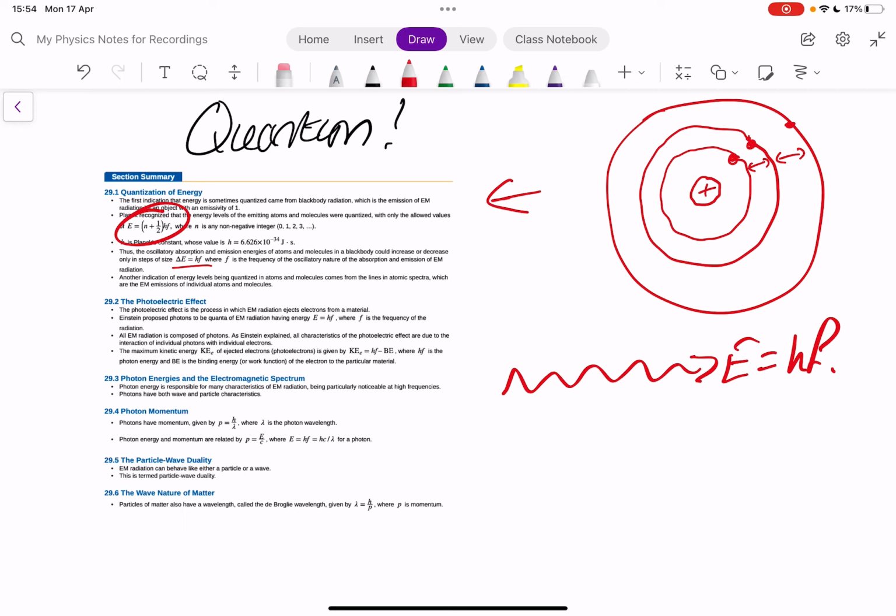But what you've got to realise is, firstly, all of the things on the electromagnetic spectrum come in photons. Everything from radio waves, it's just that we don't really see those as photons, all the way up to gamma radiation can be thought of in photons. But what's very important from a conceptual point of view is the next bit.